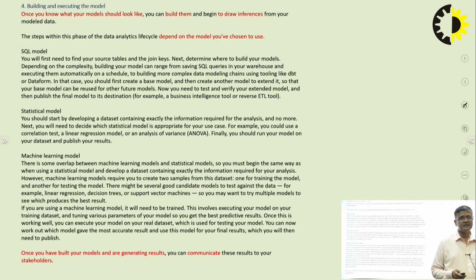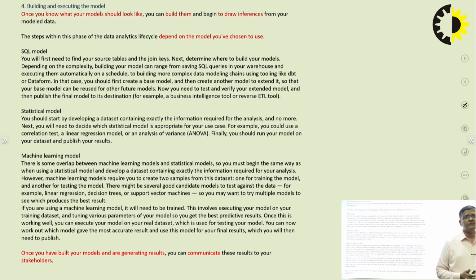Now coming to the fourth stage, which is building and executing the model. So now we have selected the model which we are going to use. Then we have to build the model and execute the model on the data set.